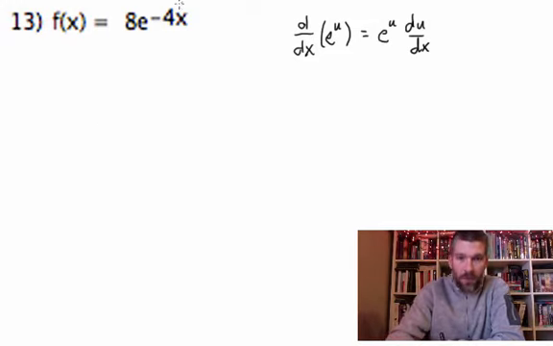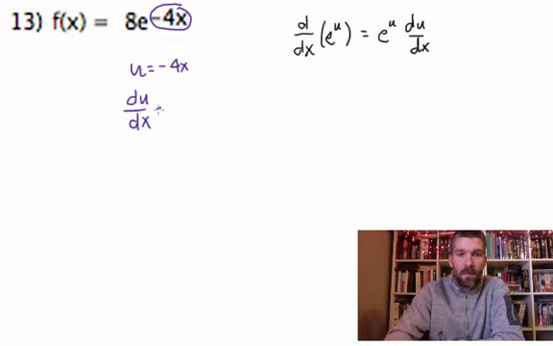So what we're going to do then is we're just going to let this guy up here become a u. So u equals negative 4x. And because of chain rule, every time we make a u substitution, we have to find the derivative of that u. So that takes care of this part. So what we're actually going to work with then is f of x equals 8e to the u. Well, the derivative of that, look at here, is just going to be 8e to the u